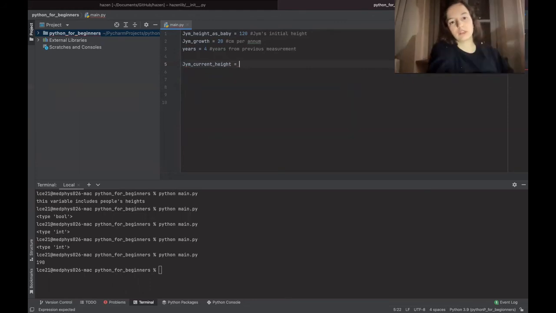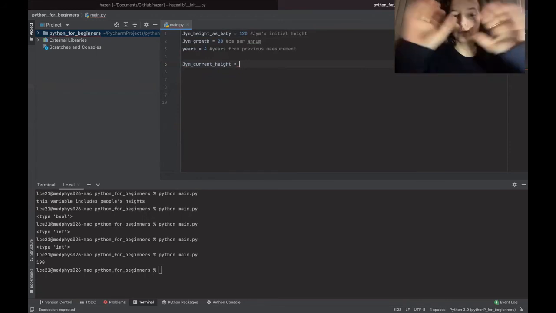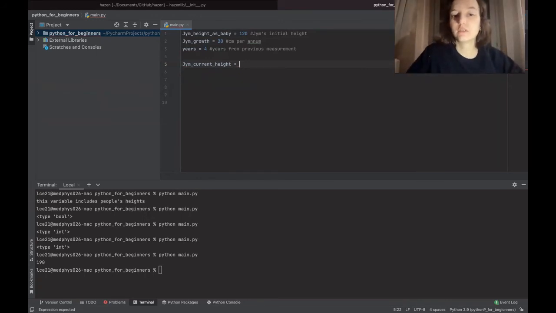So it's going to be 120 plus 20 times 4. But the cool new concept is that instead of writing down the numbers 120, 20 and 4, we're going to call the variable names. So it's Jim's height as a baby